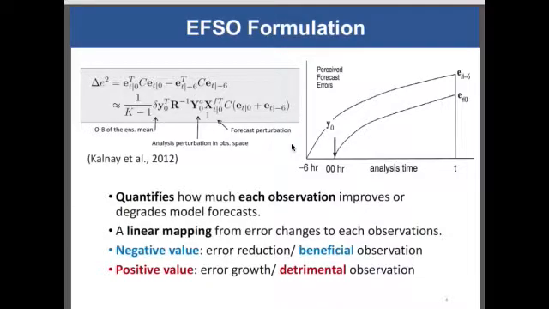This is the forecast perturbation, and this is the analysis perturbation at observation space. If you multiply the two and multiply this one, then you are actually projecting the forecast error from the future back to the observation time,